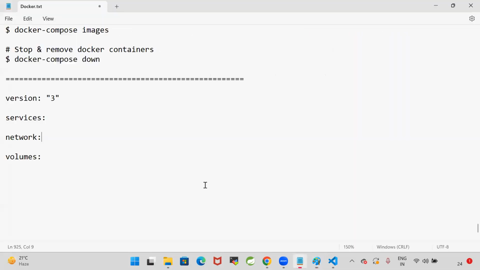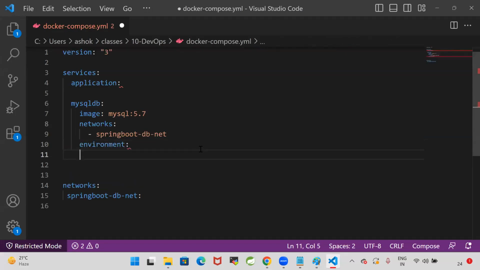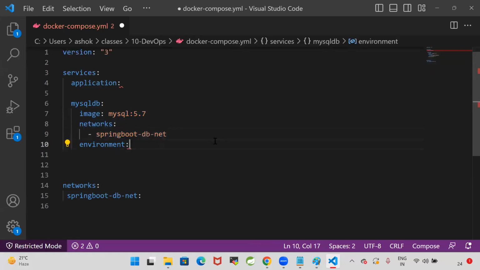Now here, I want to set the environment properties for my MySQL database. I am not installing MySQL myself. That MySQL is installed by Docker by using the MySQL image. So MySQL DB is one container. That container should be created using this image, using this network and environment. In the environment, I will specify